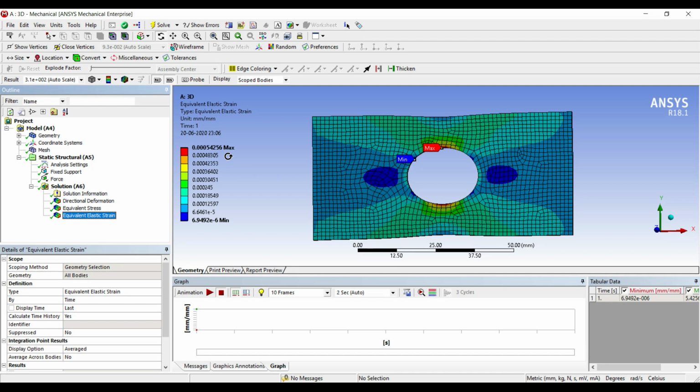But it is not possible to analyze all bodies in 3D because of geometry constraints. It is possible that the geometry is such that one body or one part of that body is just interfacing with the other part. So at that time, it becomes difficult to make the geometry and also analyze it. So it's very simple to make in 2D and solve in those cases. That's why we choose 2D. There is no special reason for choosing 2D over 3D otherwise. So I hope you have understood this numerical.